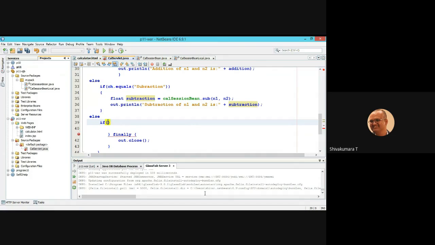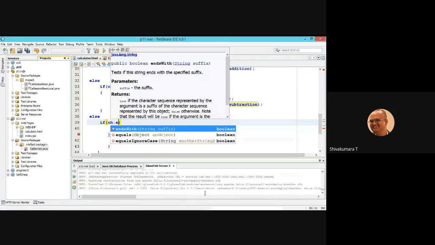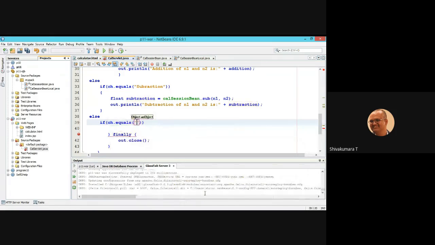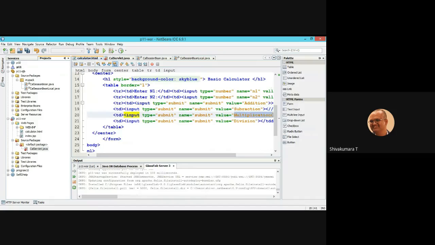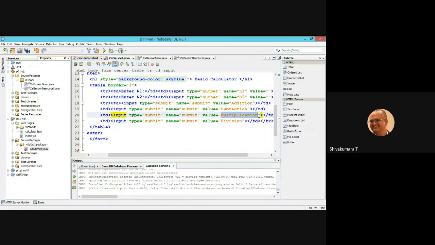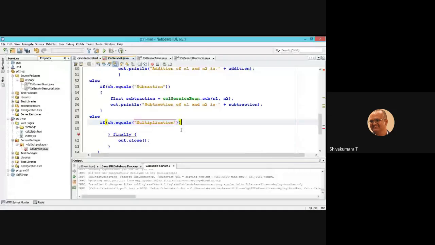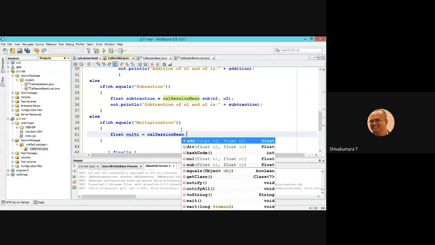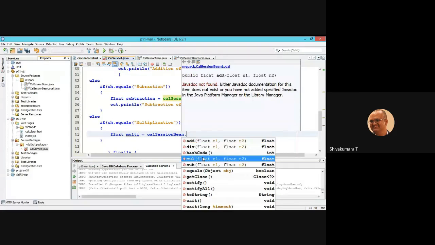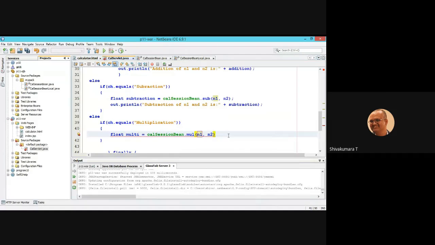Else if choice dot equals, the third option is multiplication. Then float multi equal to call session bean instance dot mul.